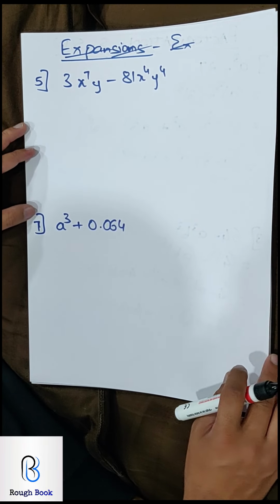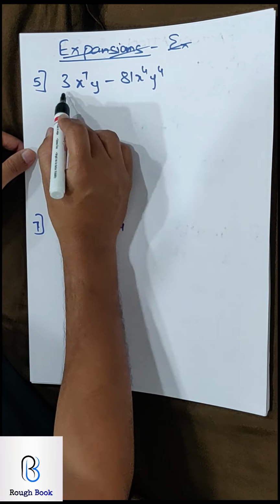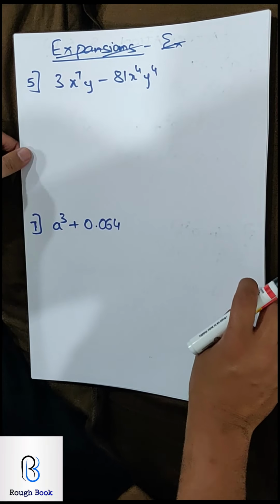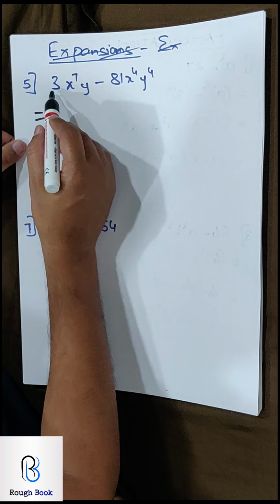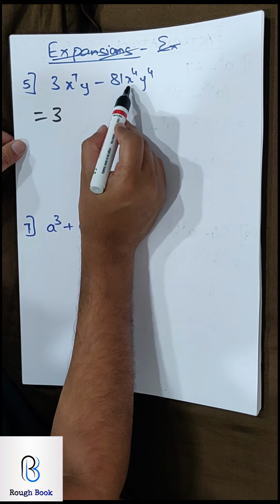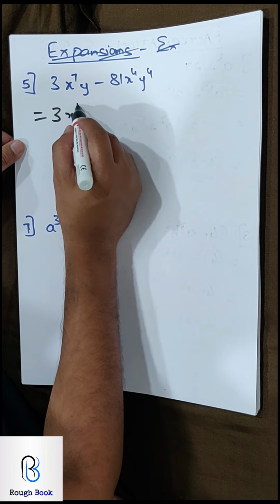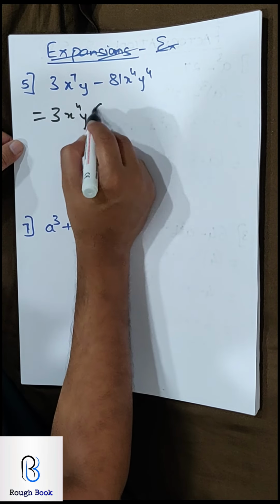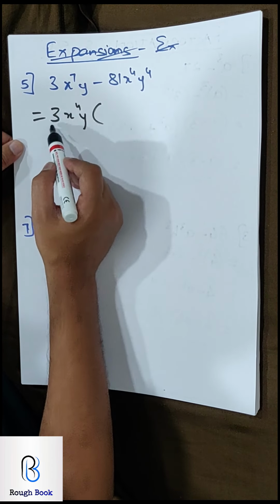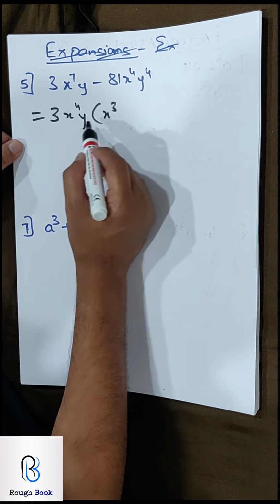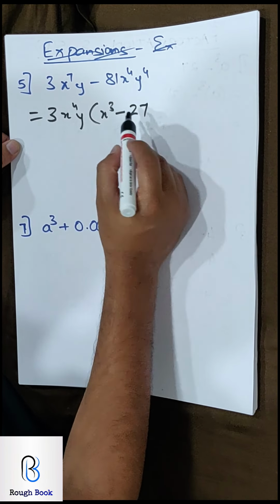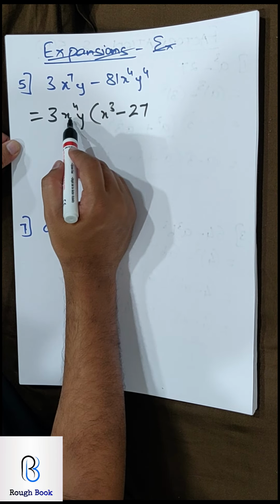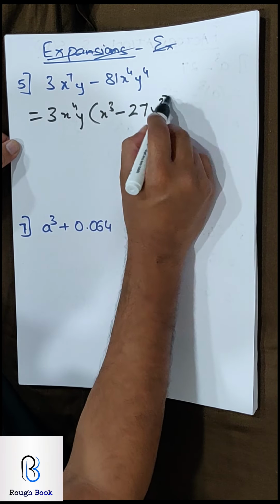Sum number 5. Okay, here 3 and 81. None of them are the cubes. So what I am going to do is obviously take things common, that is factorize. So 3 can be pulled out. x to the 7, x to the 4, so I can pull x to the 4 out. 1 y also can be pulled out. So what is left here? 3 goes out, x to the 4 goes out, so only x cube. y goes, so not left. 3 ones are 3, 27s are 81. 4 y's are, x's are out. 1 y is out, so y cube is left.